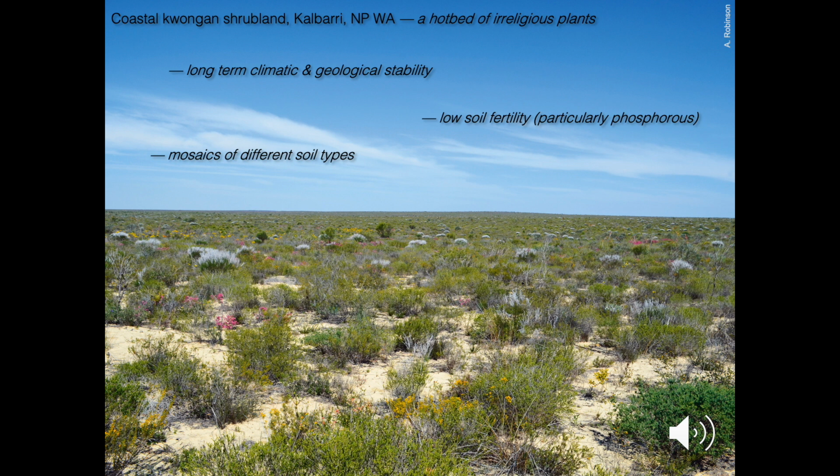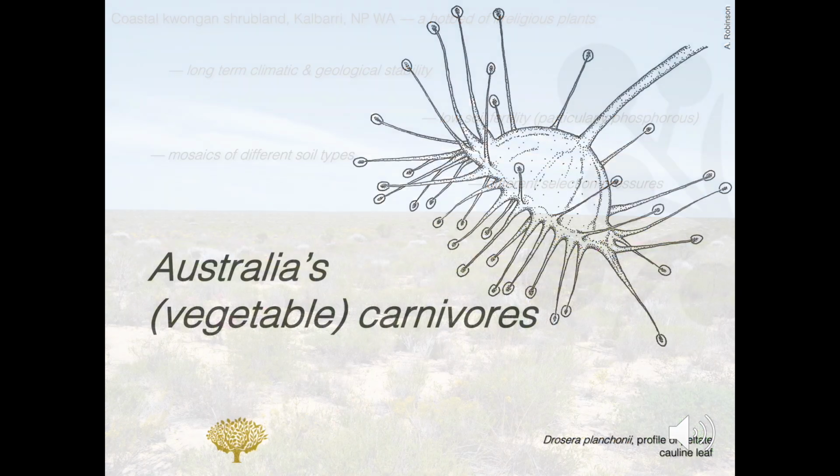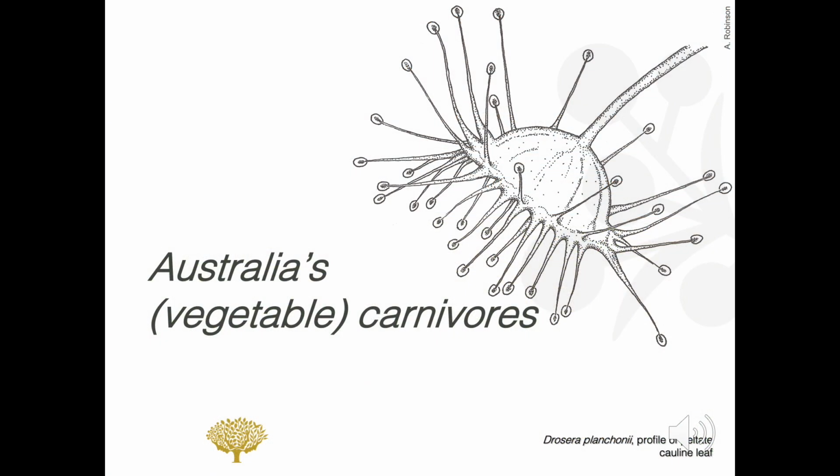Moreover, this low fertility is common across a broad diversity of different soil types, including white silica sands, loams, gravels, laterites, granite, sandstone, as well as clay and peat. Each of these soils exerts a different selection pressure on the plants that live on them, driving evolutionary changes over time. And in the case of carnivores, soil type can even govern the types of insects that frequent the plants, affecting their diets and thence their trapping mechanisms. So, let's now take a look at Australia's carnivores.